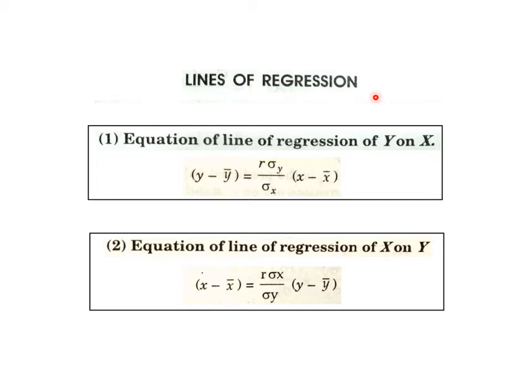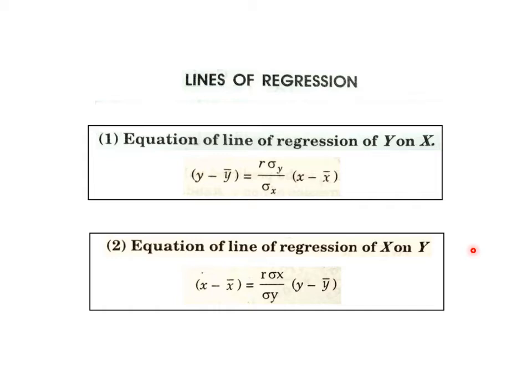Suppose certain values of x and certain values of y are given, that is, certain points are given, and we have to mix all those points to create a straight line which is closest to all those points. Then the theory of linear regression says that there may be two straight lines closest to the given points. One is known as y on x and the other is known as x on y. Y on x is slightly shifted towards the y axis and x on y is slightly shifted towards the x axis.